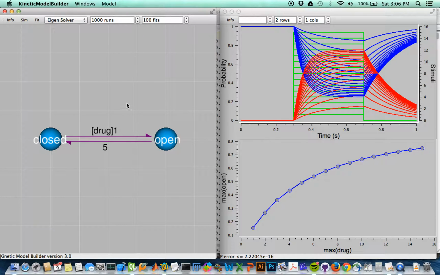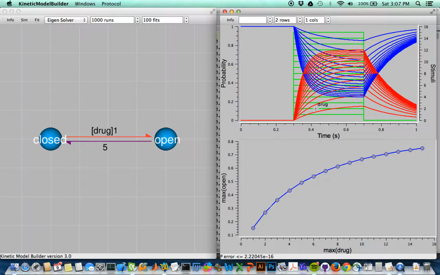In this tutorial, you'll learn how to optimize a model's parameters to fit user-supplied data. For this example, we have a simple model from closed and open states and transition rates between them. The opening rate depends on the concentration of some drug. And the protocol that we're simulating the model's behavior for is a whole family of drug pulses, shown here in